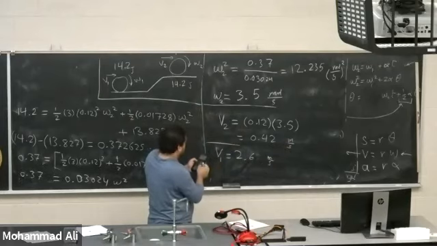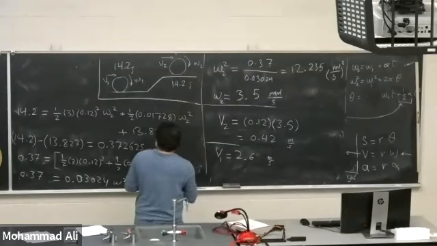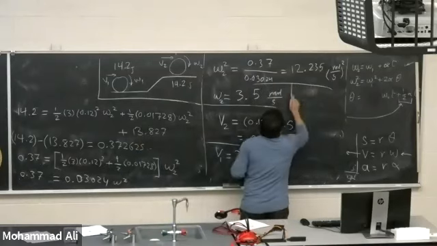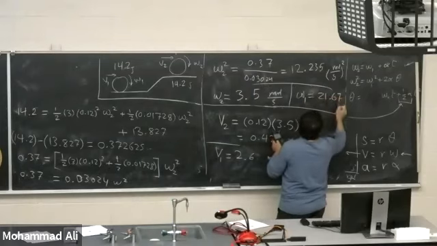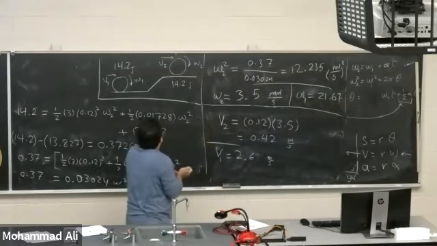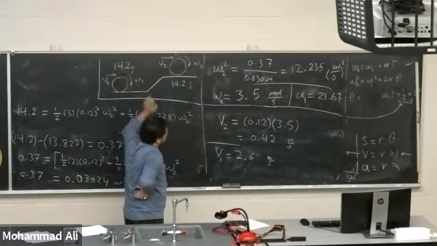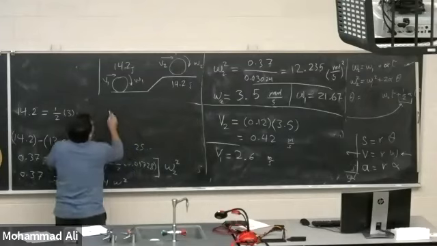2.6 divided over 0.2. Omega 1, it was 21.67 radian per second. Look, our system contains 14.2 joules. Its potential, so